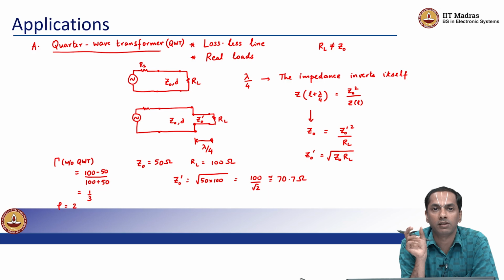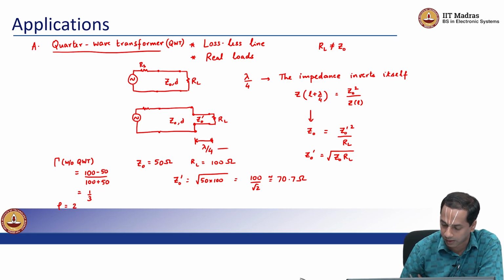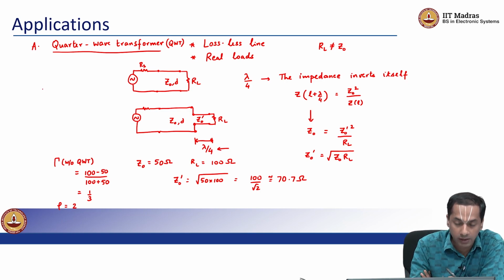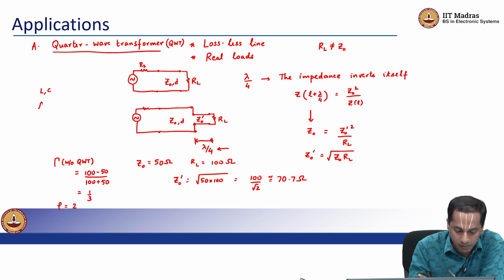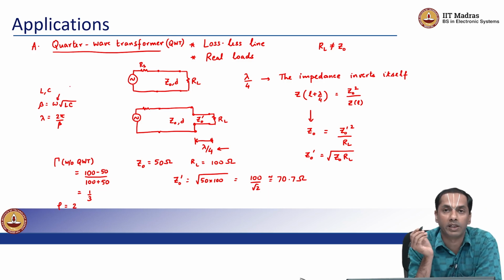But now miraculously, at this very specific frequency corresponding to lambda, right. So remember that this length is very frequency specific. How do you get lambda? I will probably give you L and C for the transmission line. For the Z0 prime transmission line that you are creating, you will probably have the transmission line parameters. From here you can get beta, which is omega square root of LC, and lambda is 2 pi by beta, right. So for a very specific frequency omega,